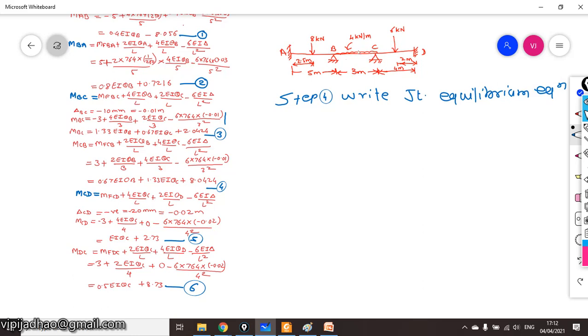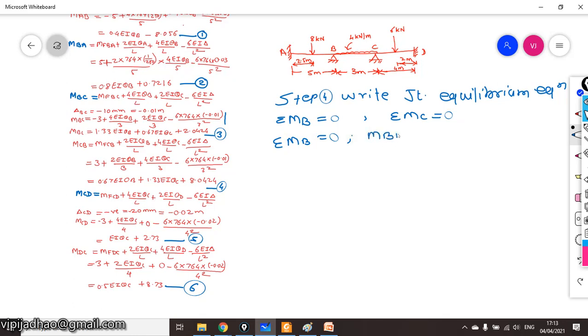Therefore we will have the joint equilibrium equation as summation of moment at B equal to 0, and the second equation of equilibrium will be summation of moment at C equal to 0. These are the two joint equilibrium equations. We will consider the first one, summation of moment at B is equal to 0, that is